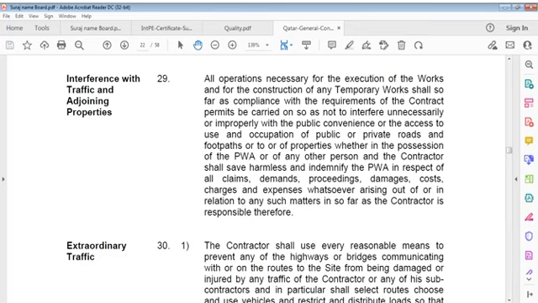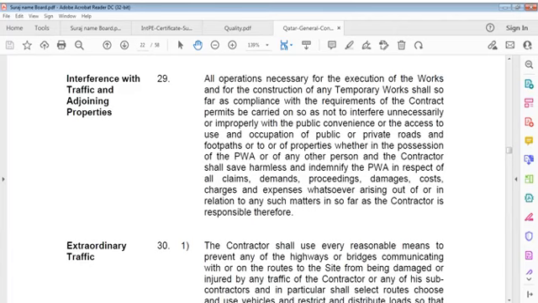All operations necessary for execution of works and for construction of whatever temporary works shall, so far as compliance with requirements of contract permits, be carried on so as not to interfere unnecessarily or improperly with public convenience or access to use and occupation of public or private roads and footpaths, or to or of properties, whether in possession of authority, or you can say client, or of some other